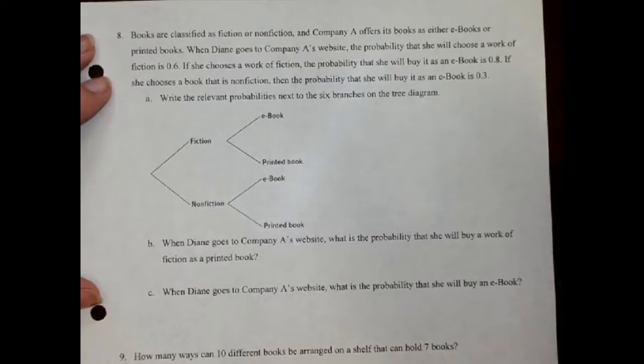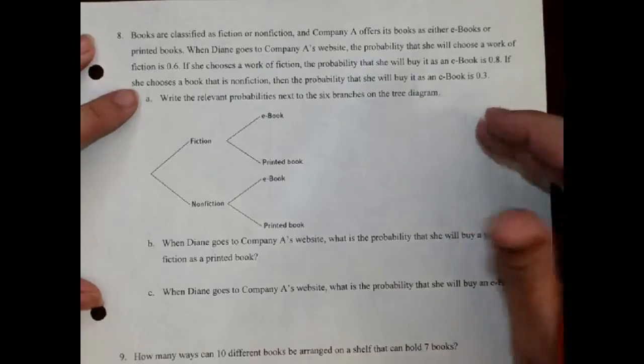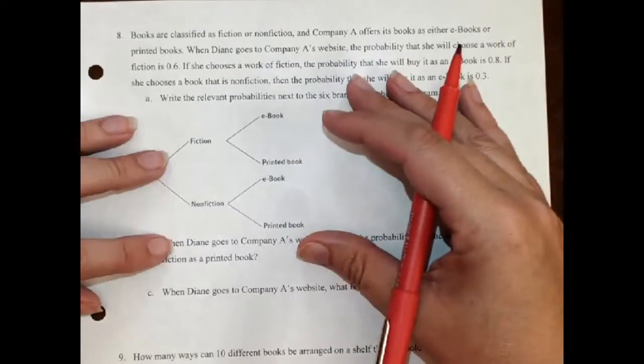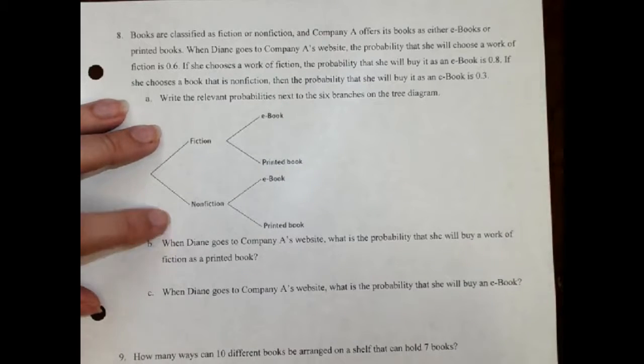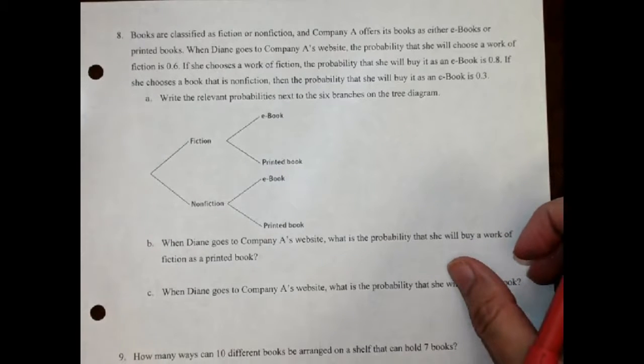This is number 8 on test A and number 9 on test B. And we're going to make a tree diagram, and I already drew it for you. You just have to fill in the numbers. So we have to read carefully in order to get the numbers all in the right place. So the first thing it says here is,